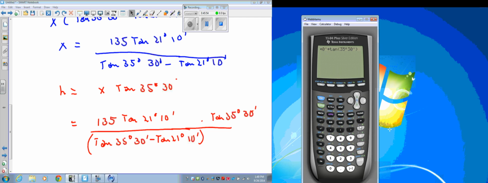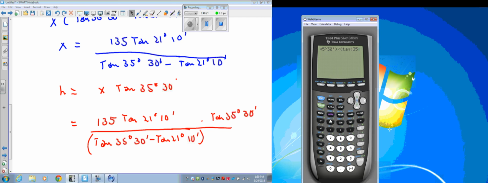I want to close that bracket. I don't want to bracket tangent. Now this one you better bracket. If I didn't, I should have bracketed back here. I don't know what I was doing. I thought I bracketed it. This has got to have a bracket right there. You got to bracket that denominator. Tangent